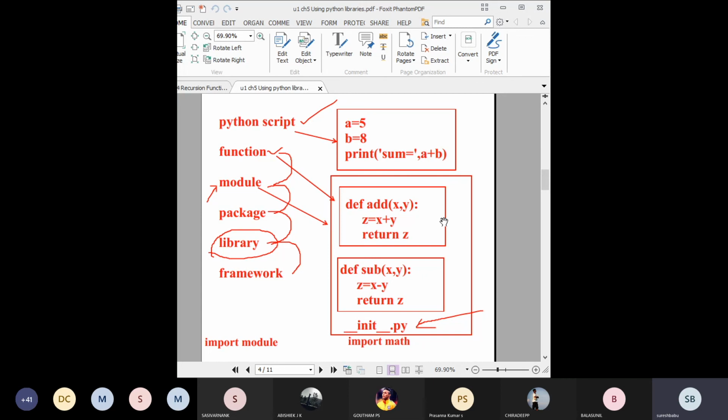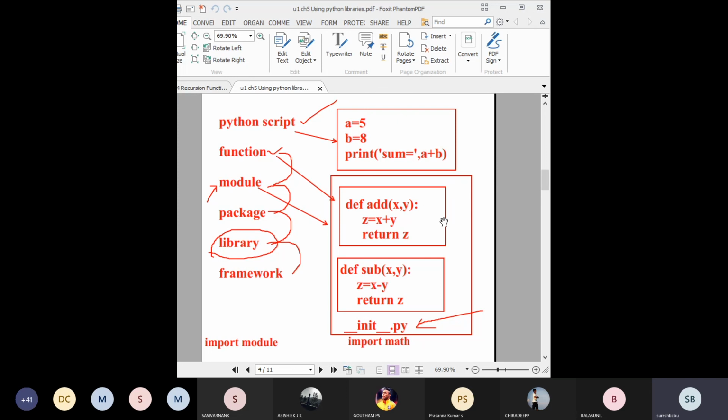Recursion means a function calling itself again and again. In this chapter you compulsorily have to know four programs. First, factorial. Second, Fibonacci series. Third, sum of first n natural numbers. Fourth, finding x power n using recursion.